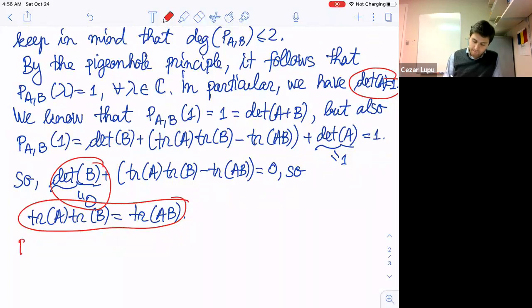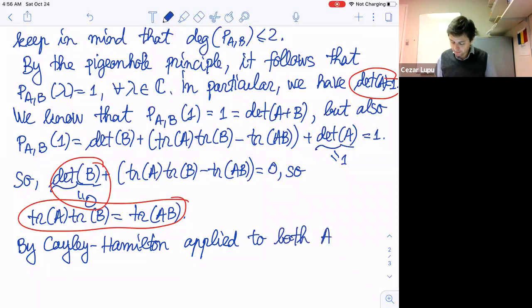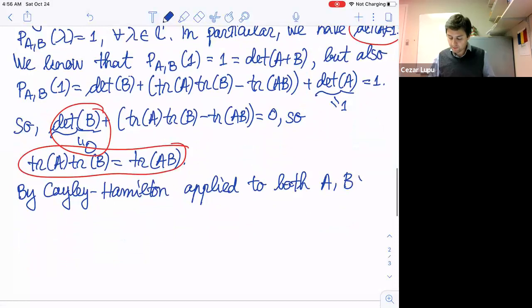So by Cayley-Hamilton, applied to both A and B will give us,